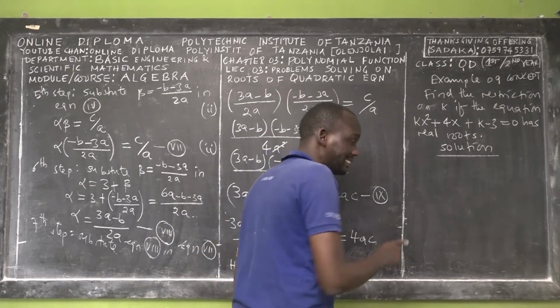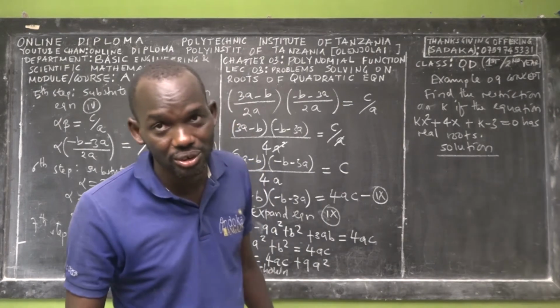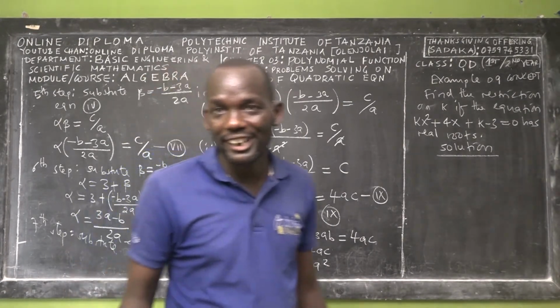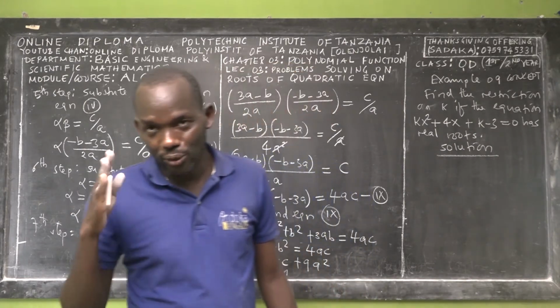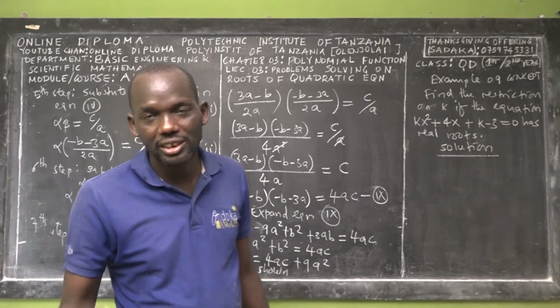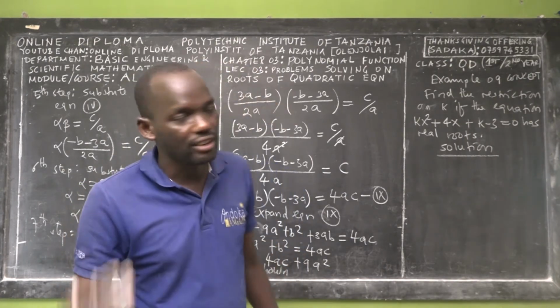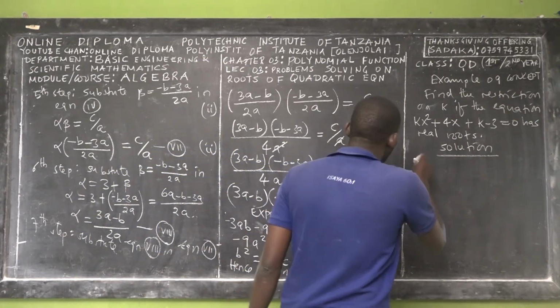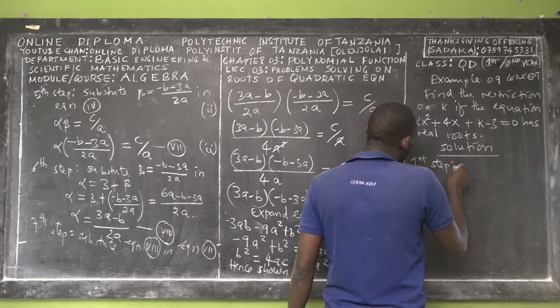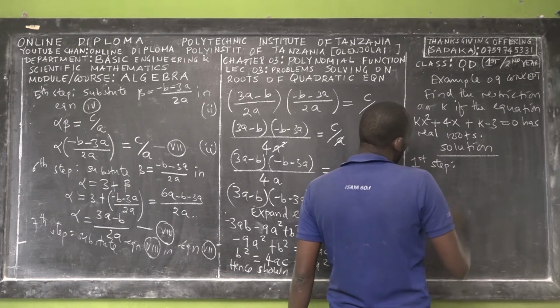Very important, has real roots. I told you the conditions on the coefficients of a quadratic equation when it has real distinct roots, real equal roots, and also complex roots. So the first step, we have to compare